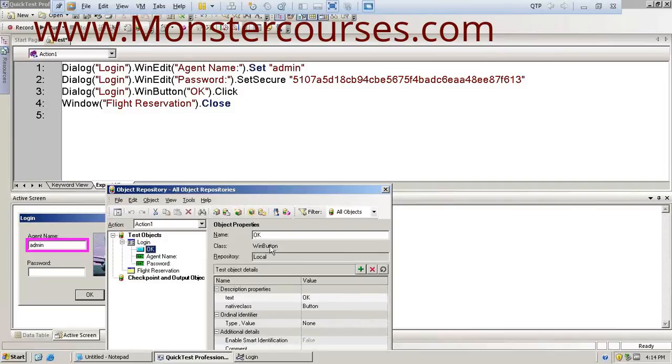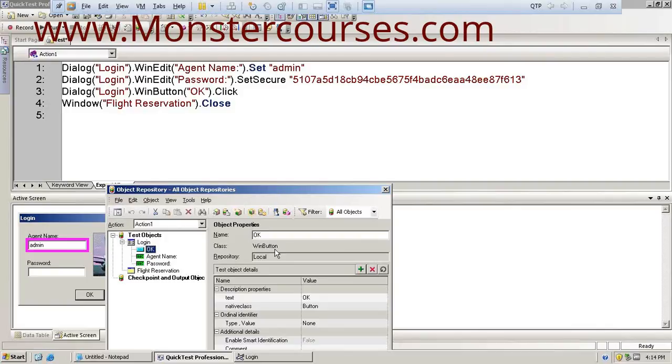If it is a checkbox in a window application, you will get WinCheckBox. If it is a button of a window application, you'll get WinButton. And if you have a button in a web application, you'll get the class WebButton. If you have an edit box in a web application, you'll get WebEdit.